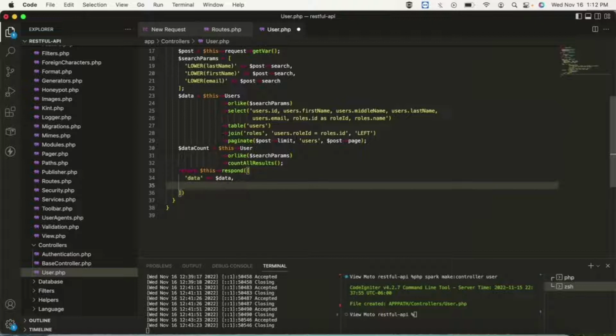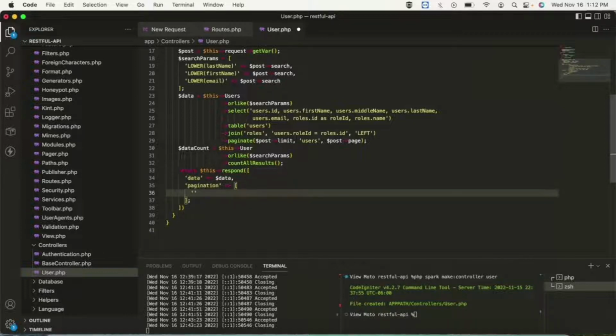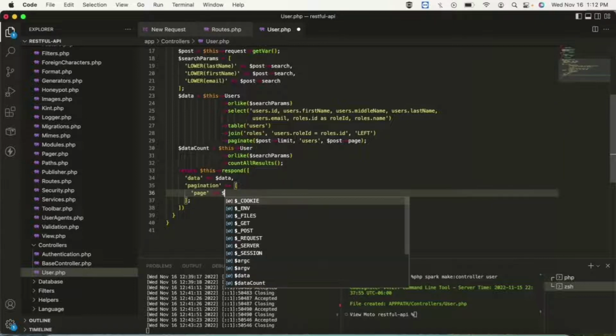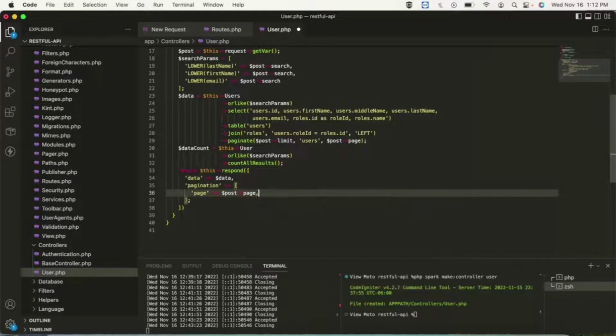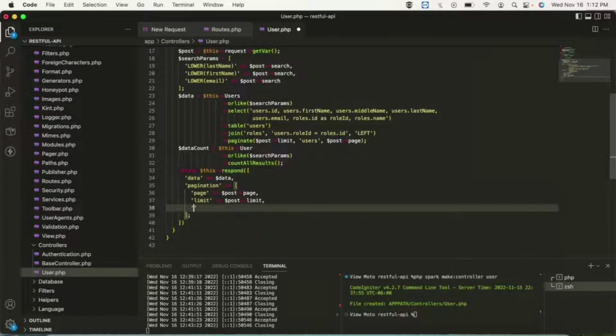And then second key will be pagination, and then the value will be empty array, and then inside array we're going to put key value pair again, and then the first key will be page, and then the value will be post page, and then the second key will be limit, and then the value will be post limit, and then the third key will be page count,